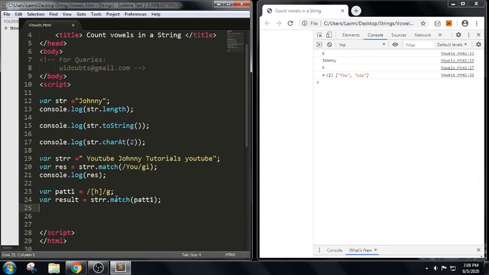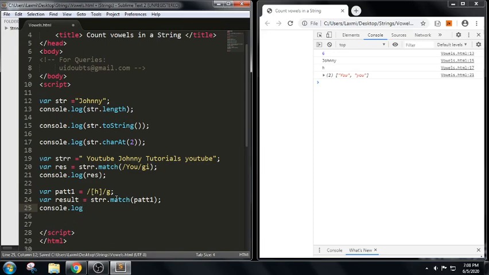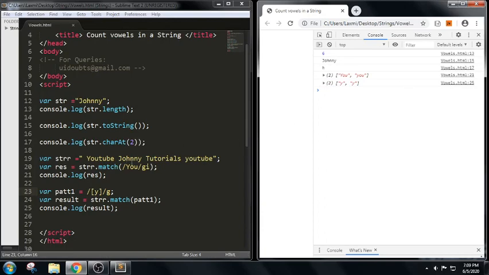So here, based upon the result, it will try to match all the letters with H. Let us see how it goes. Sorry, it is result here. If we can see, we got H here. As we have only one, let me write Y. We have two Y's here, this one and this one.